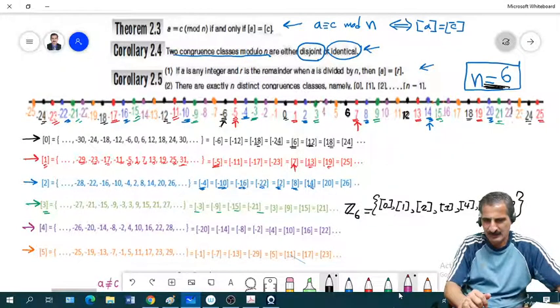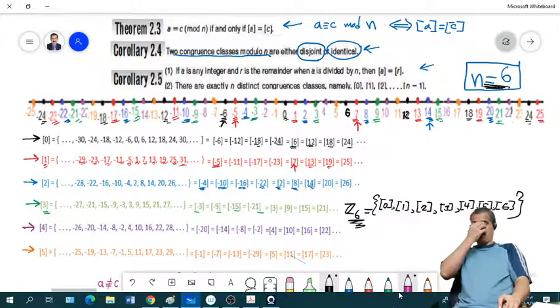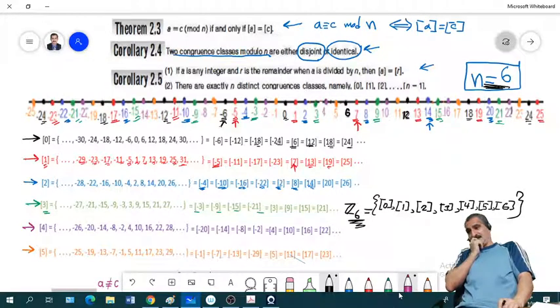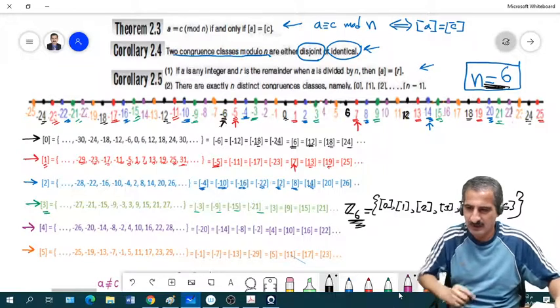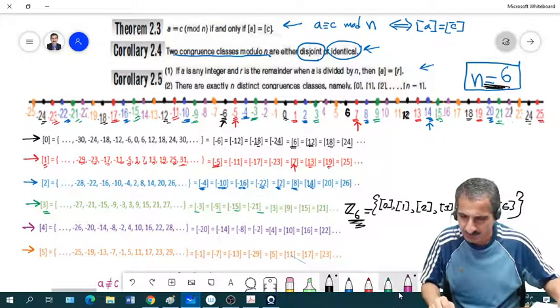The set that consists of all congruence classes modulo 6. So I think now you see it. Okay, good. Now let me go back to theorem